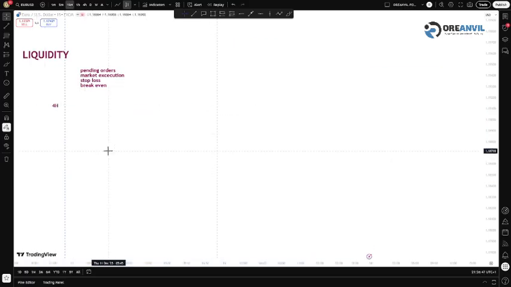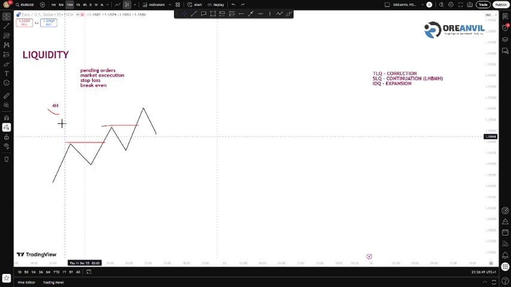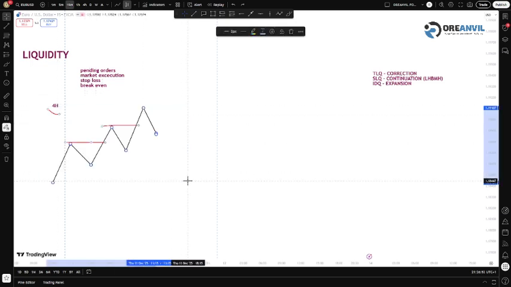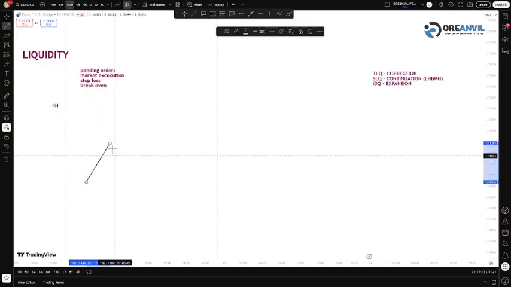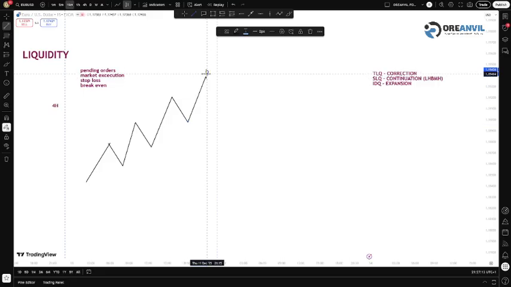So a structural liquidity is actually a liquidity of, so when you have a structure like this,